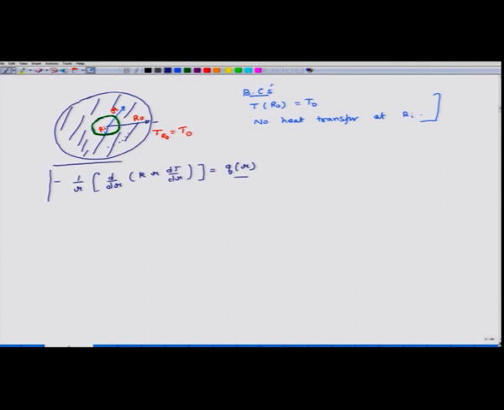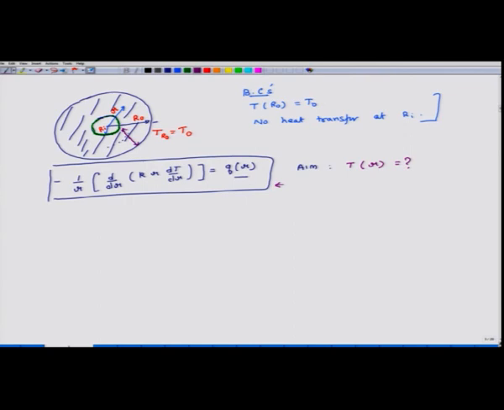So, what is our aim? Our aim is to find T for different values of r, over the entire range of r from Ri to Ro. At different values of r, what is the value of temperature? We want to find temperature as a function of r; this is our goal. And we can solve this problem by solving this equation and applying boundary conditions.